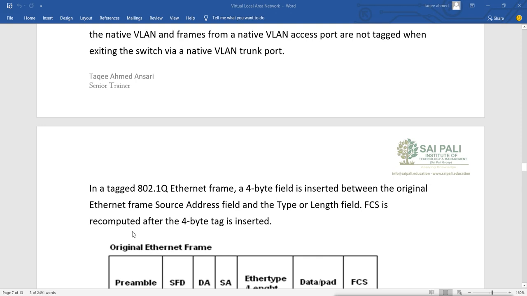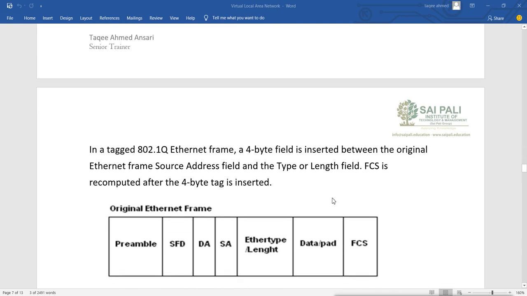Now in this tagged 802.1Q Ethernet frame, a 4-byte field is inserted into the original Ethernet frame, between the source address field and the type or length field. The FCS is recomputed after the 4-byte tag is inserted.